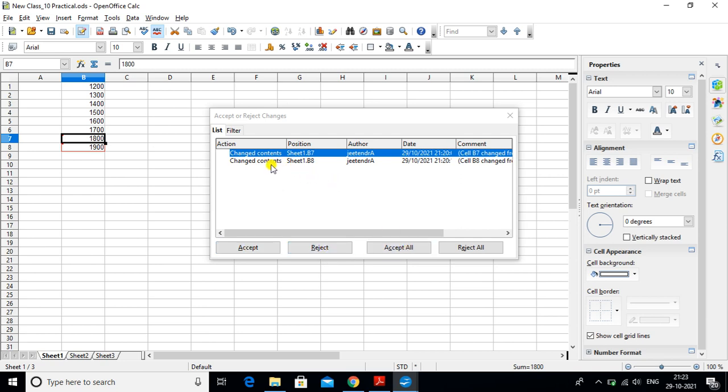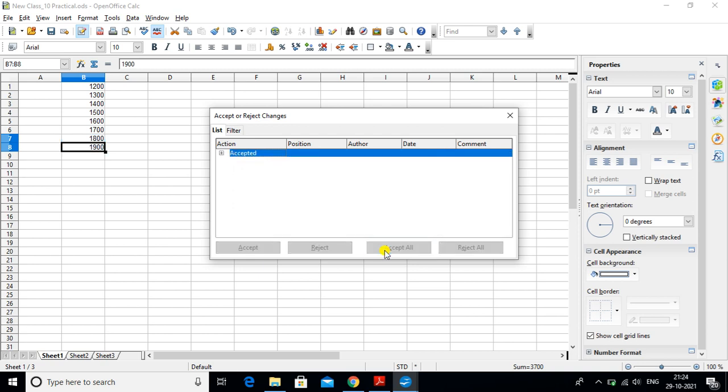Here I want to accept all the changes, so I select both changes. To select all changes or different changes, you have to press the Control key and the left mouse button one by one. After that, click on Accept All.